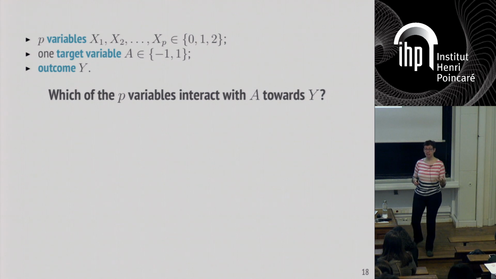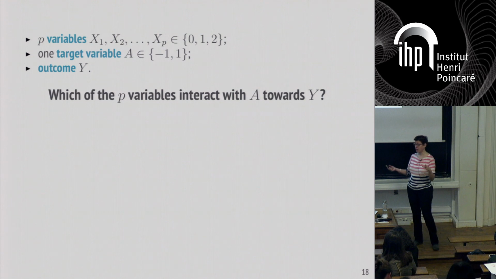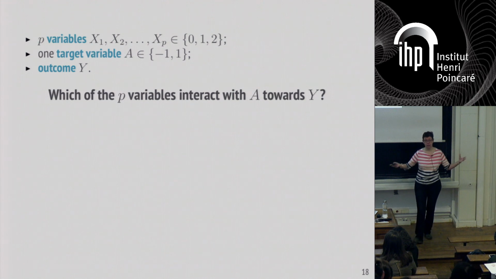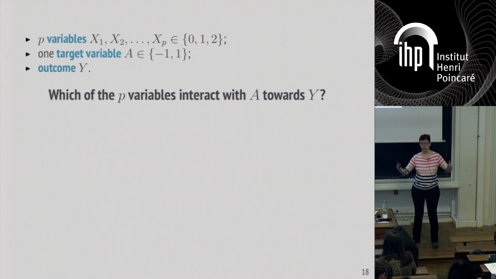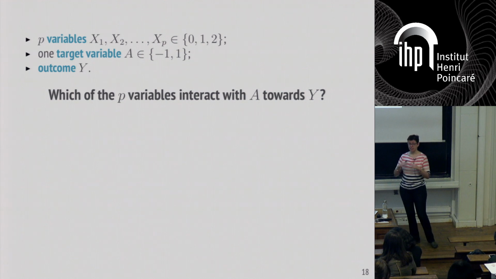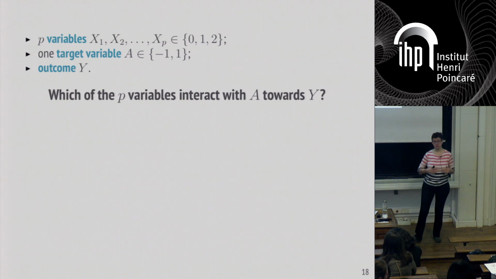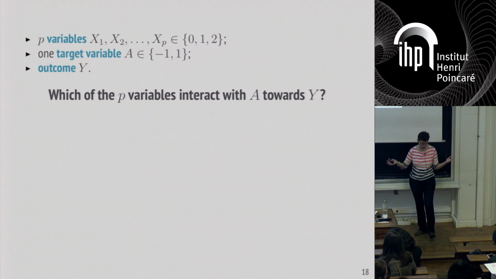The reason we're asking this question is, there are two reasons. One is that it's not really realistic to ask this question for all the SNPs in the genome, because remember, you have a million variables, and if you want to look at all pairwise effects between a million variables, then you're looking at 10 to the 12 pairwise effects. And if you didn't have the statistical power to find things in a million variables, you're certainly not going to find any signal in 10 to the 12 variables.